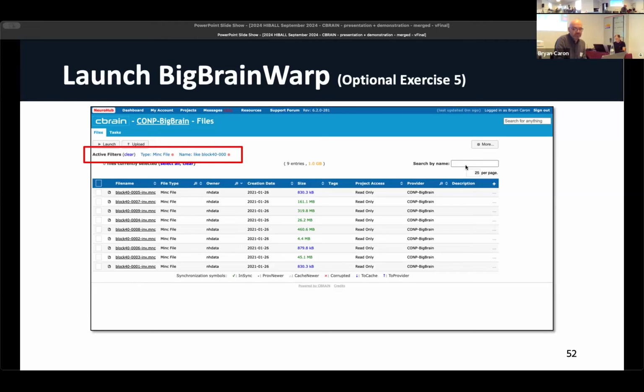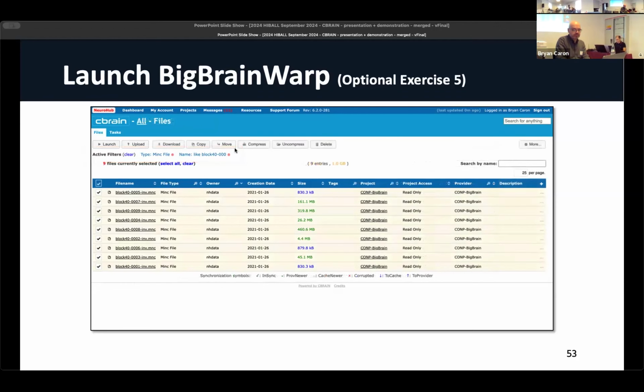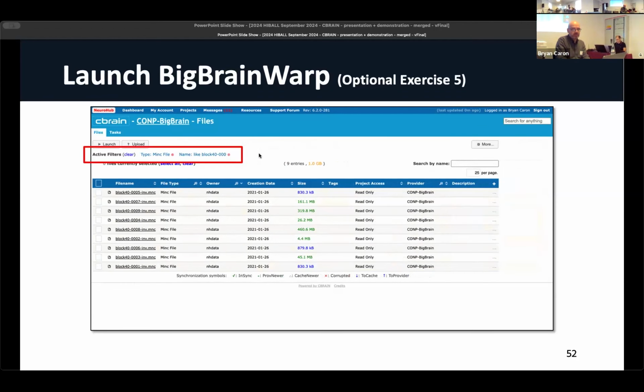So you would type that in the search by name bar on the right-hand side. Okay, so you're applying 2 filters, Minc files, and the files that are going to have the name block 40-000.